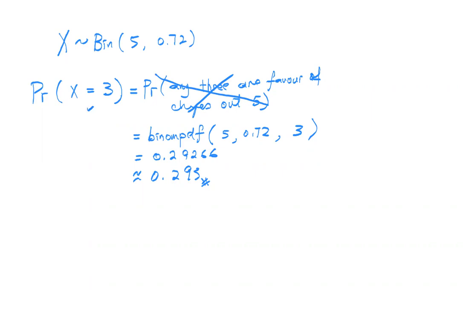Because the question definitely will not ask like that. Question definitely will ask like this. Correct? So you have to know how to interpret, know how to put it like that. And whether you want to write down this or not, that is your choice. But I usually will write down this so that I don't write only my final answer. If it's a 2-mark question and your answer is wrong, your 2 marks are gone. And if you write this correctly, but your answer is wrong, at least you can get 1 mark. So I leave it to you to decide what to write and what not to write.